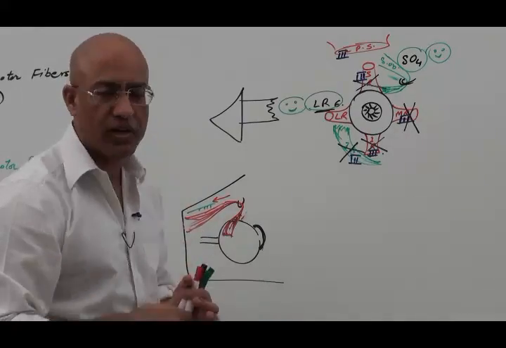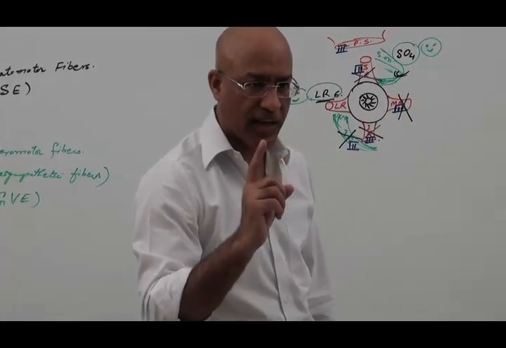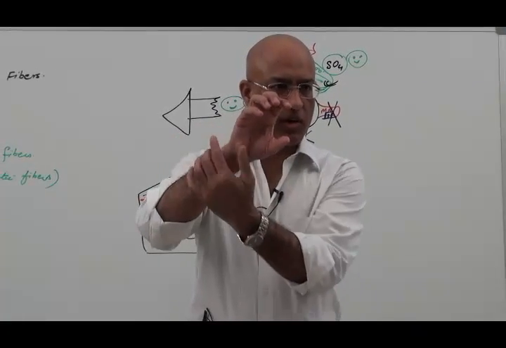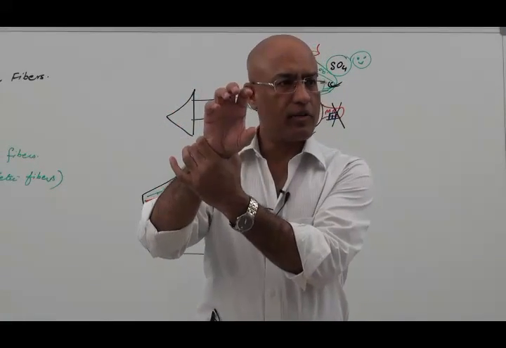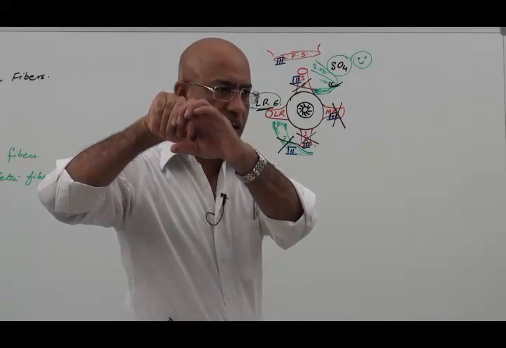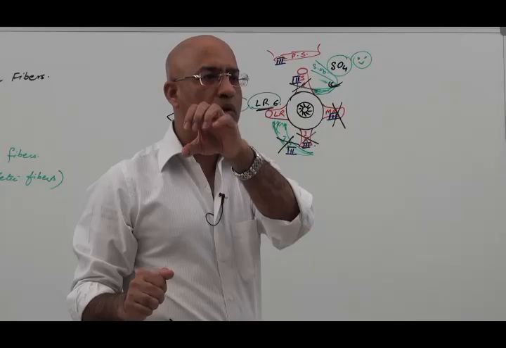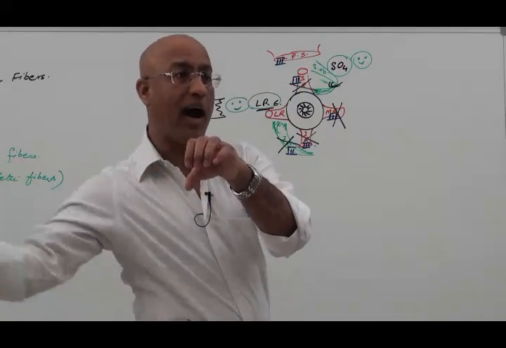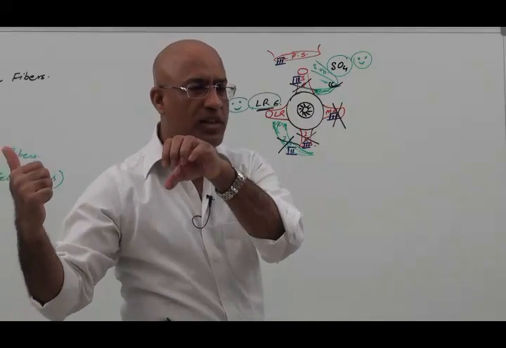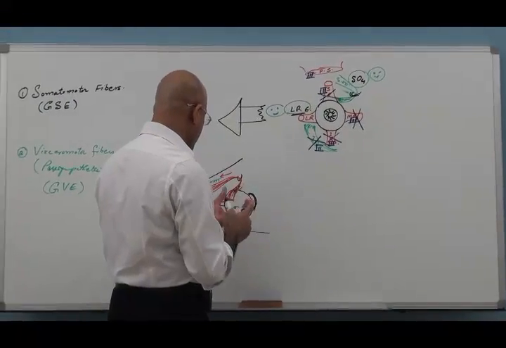So what really happens in this patient with third cranial nerve palsy, when somatomotor fibers fail, the eyeball is pulled by the lateral rectus laterally. Okay, this is the right eyeball, lateral rectus is still working, so it turns laterally, and superior oblique is still functional and turns downward. So what will happen, eyeball will be looking down and out. Eyeball will be looking down and out, and with that, levator palpebrae superioris, which was supplying the superior,